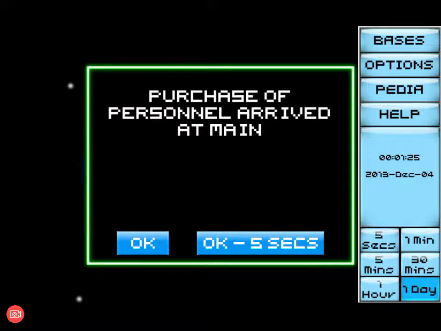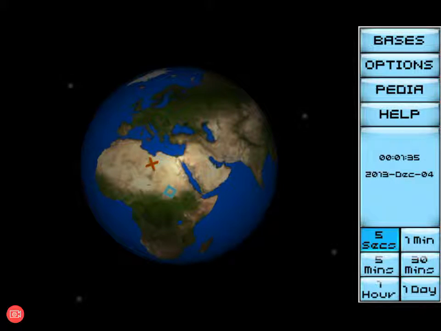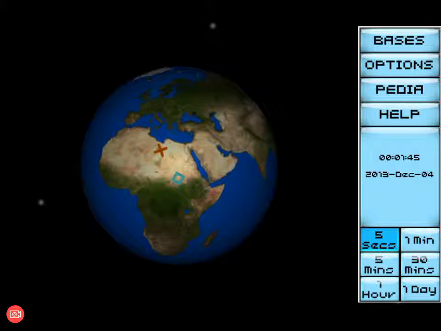Fast forward again. Now got new personnel. Now I've detected alien activity. So that's a quick run through of the various options here. So you'll now see that there's this red cross on the screen which denotes where the alien activity has been